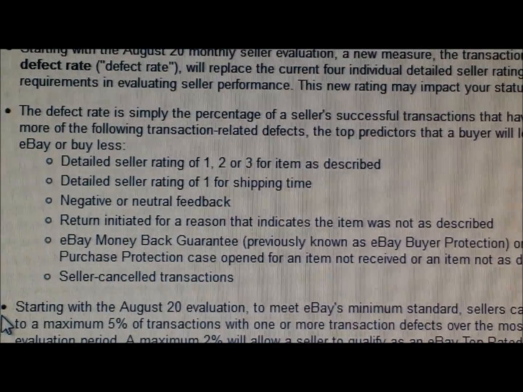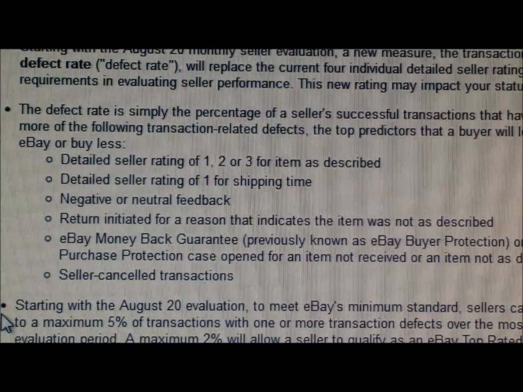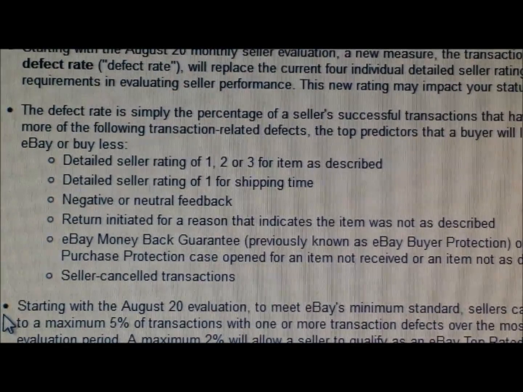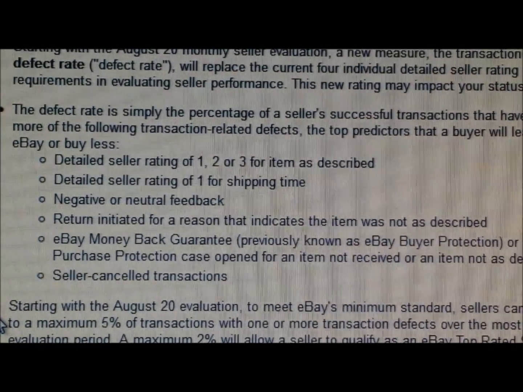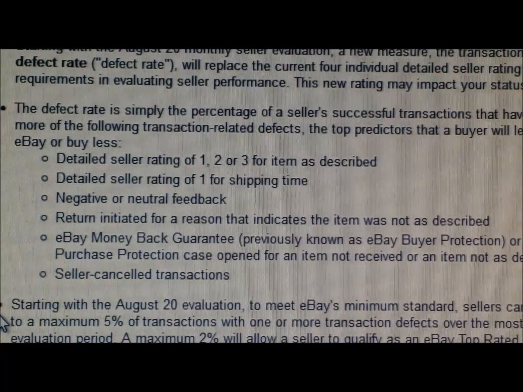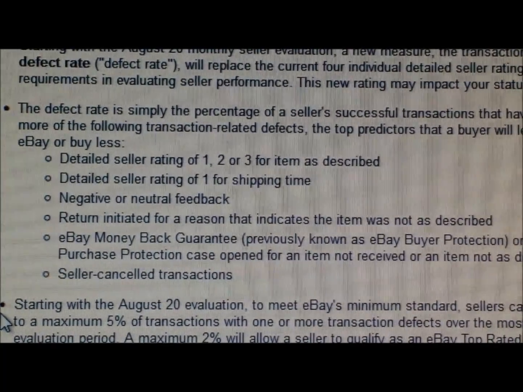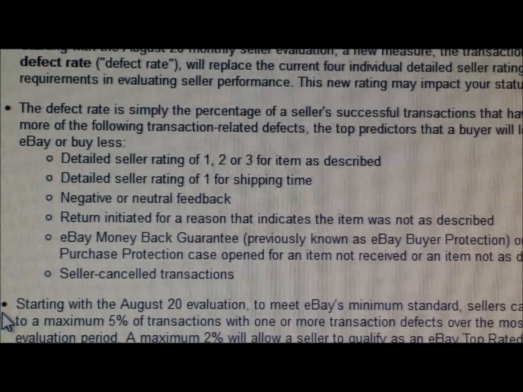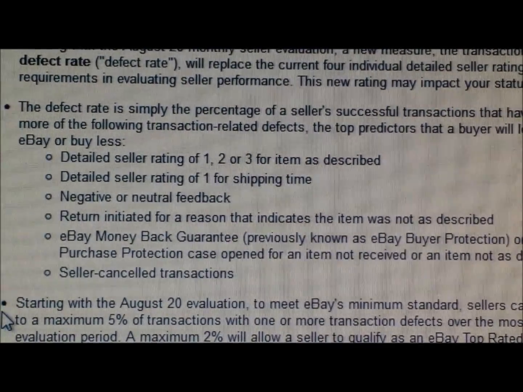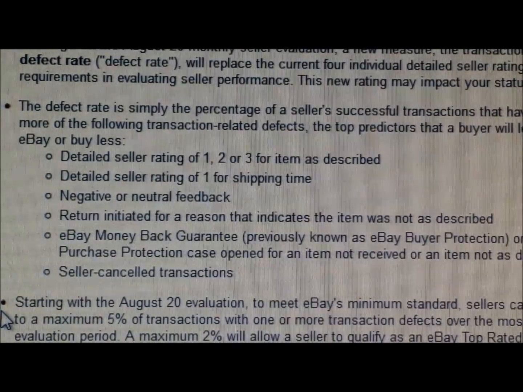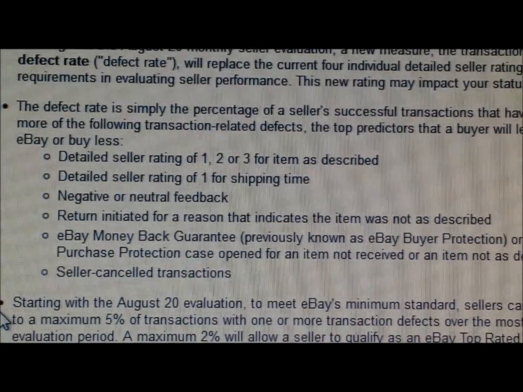Hi everyone, I'm back just to give an impromptu little video that hopefully will explain the defect rate in regard to doing a return, and this is part of eBay's 2014 Spring Sellers Update. And I apologize if it's difficult to read anything that I'm showing you on my computer screen, but I just do not have time to sit down and make a video with cool, easy to read graphics, because I just have work that I have to get done.